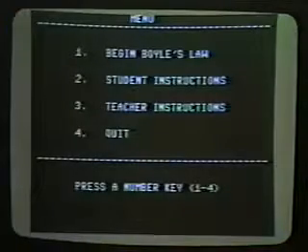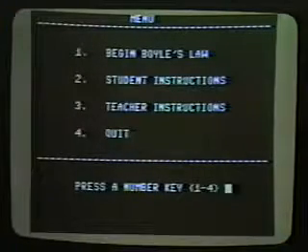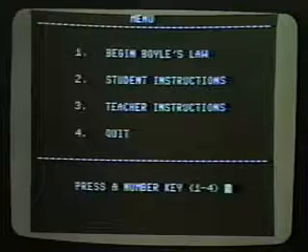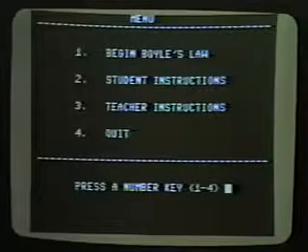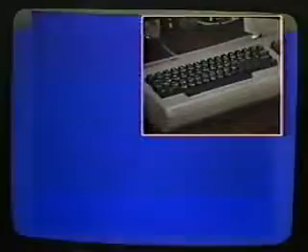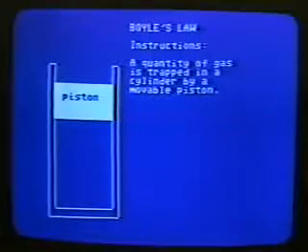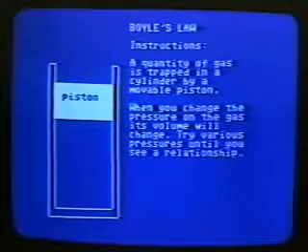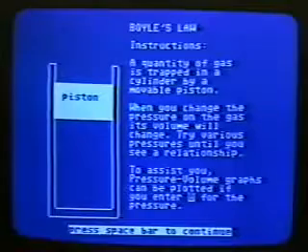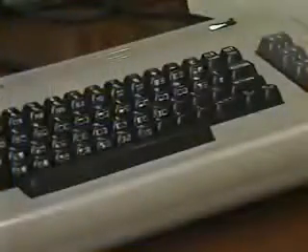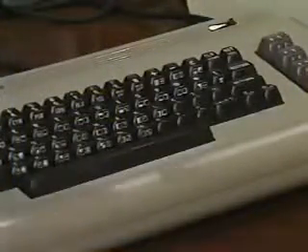We'll press the space bar, and now we're going to begin a program called Boyle's Law. So this has to do with gas pressure, and we'll press the 1 key, and the computer draws a little picture of an amount of air trapped by a piston, okay? It gives us instructions, tells us what we want to do, asks us what we want to do next. We'll press the space bar, it will ask us to set the pressure,